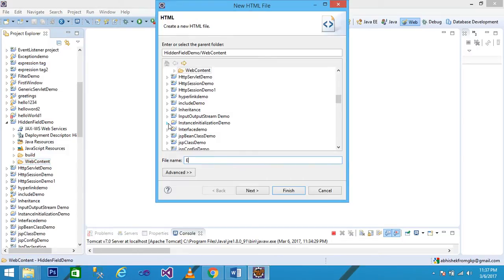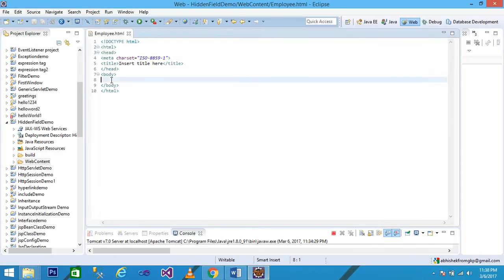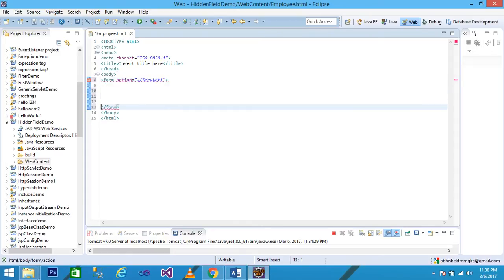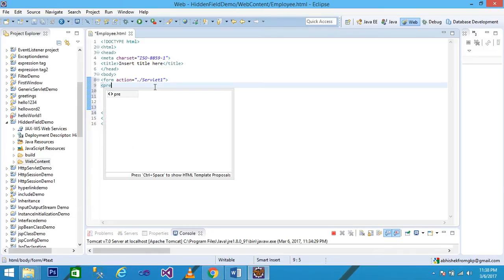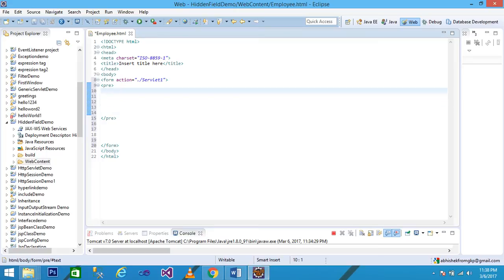I write my file name as employee.html, and then Next. I take the form tag with action equal to ./servlet1, and then press enter. I am using the form tag and passing the URL of my servlet, and my servlet URL is servlet1. I take the pre tag for pre-formatting, and I write: enter the emp name,